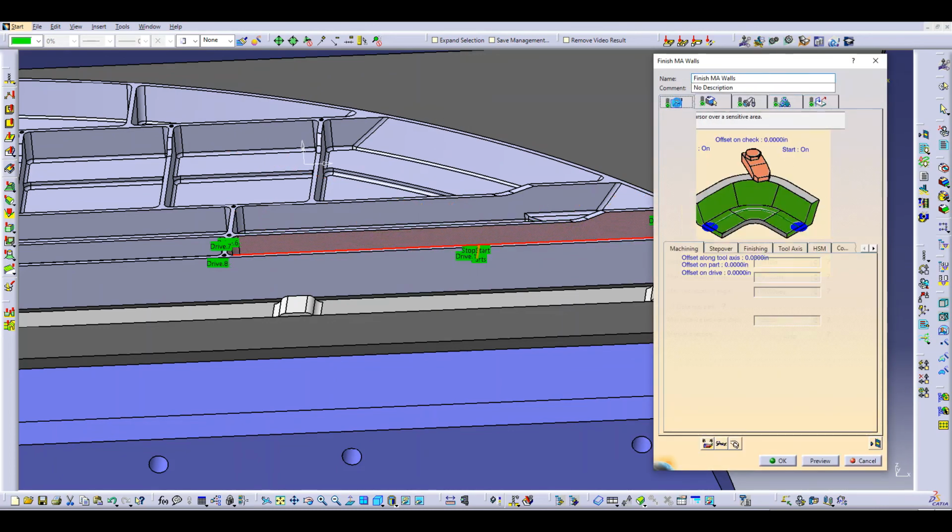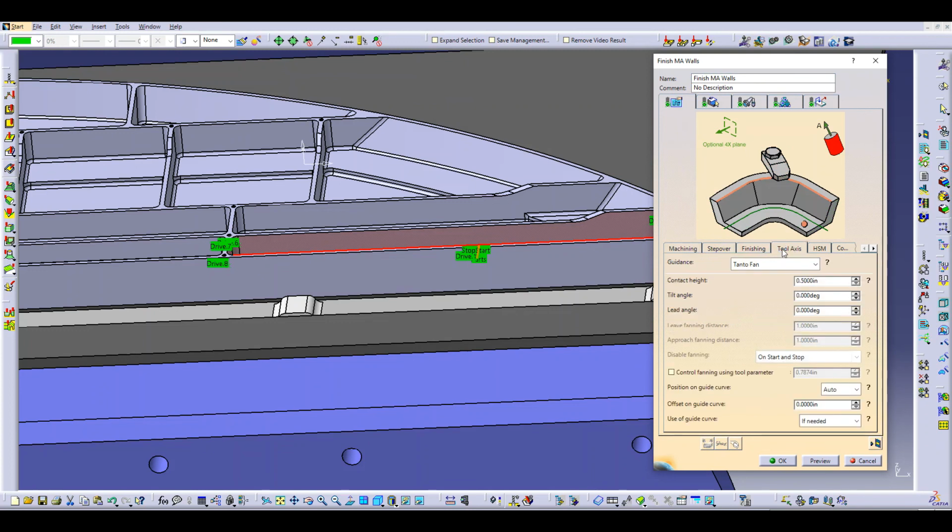So where would I do that? My strategy tab under tool axis. Again, very logical. What is it I'm changing? My tool axis where it's a strategy. So there it is. Tan to fan. Again, you get these little question marks that help you. I'm going to click this and I'm going to change it to